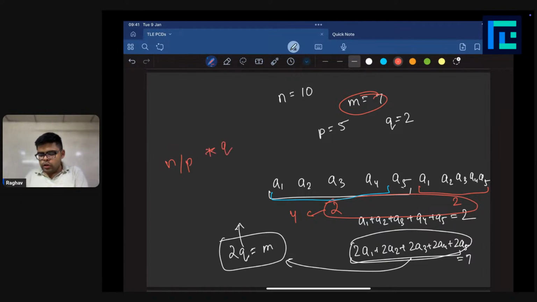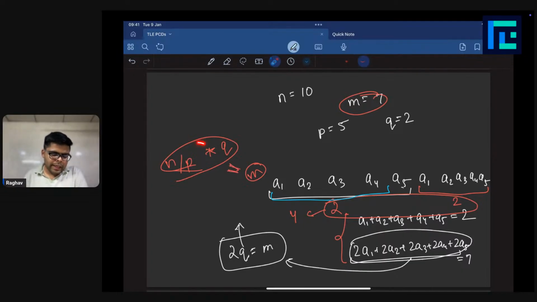And you know that you must have the sum of the complete array being equal to m. You have to make sure that both of these constraints are true at the same time. So this is possible only if both of these values are equal. If n by p into q is equal to m, only then you can have both of these conditions true